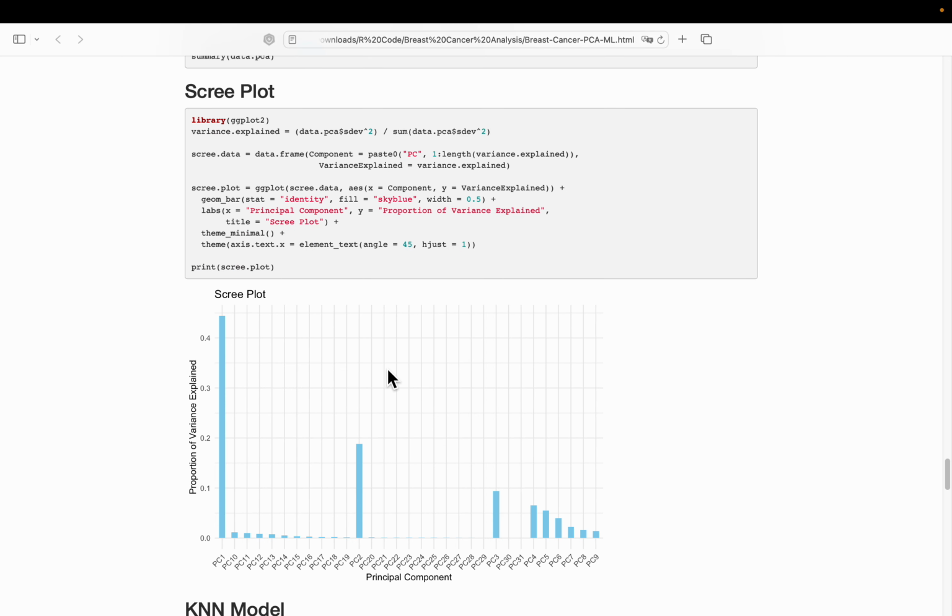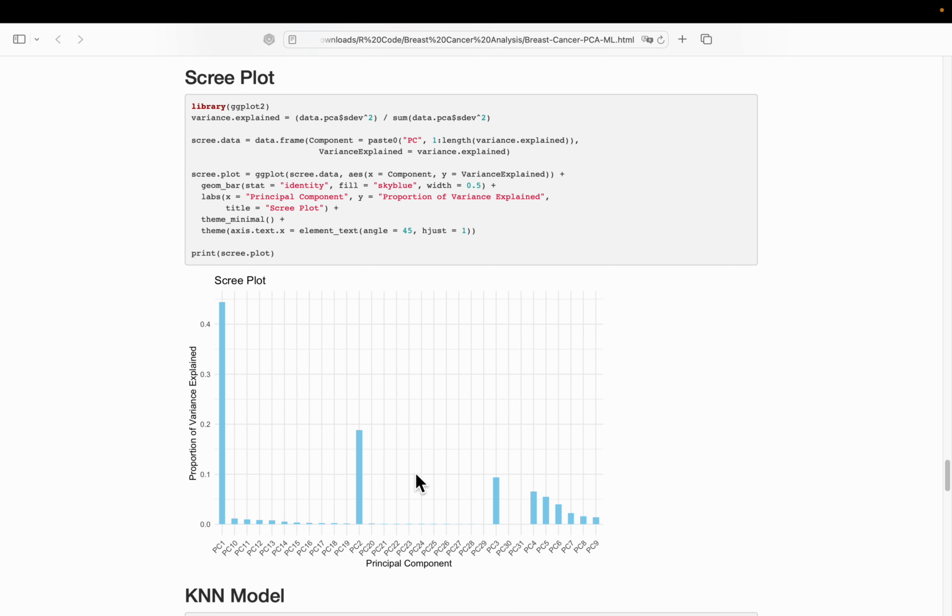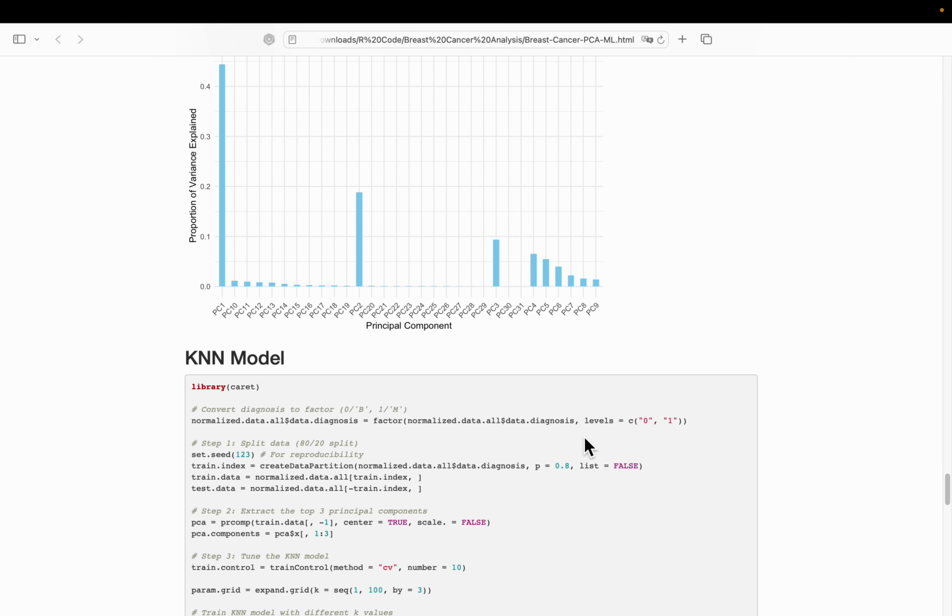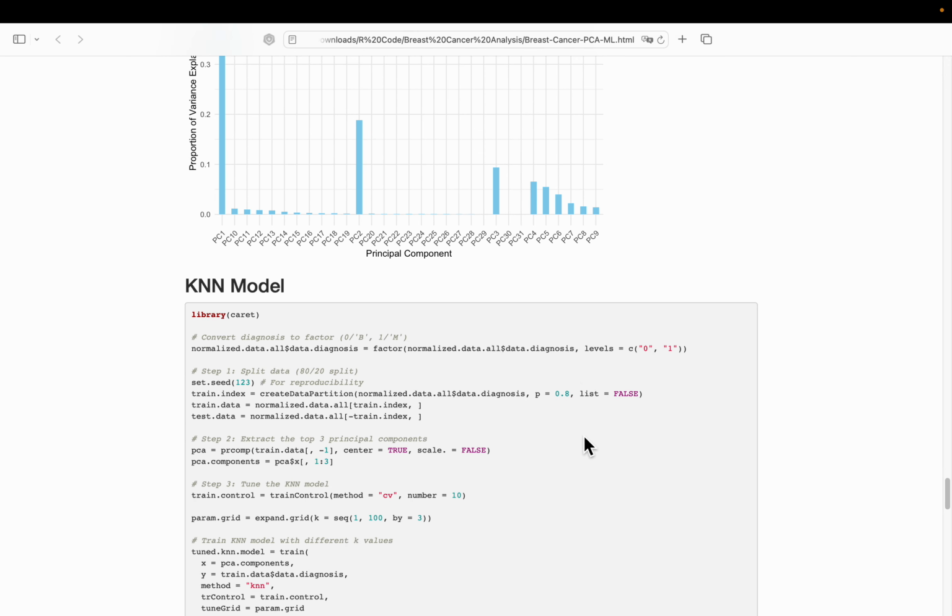So our scree plot shows that PC1, PC2, and PC3 are our highest values. PC4, 5, 6, 7, 8, 9 are also very, very important. So going forward, or I guess without visualization in mind, we could choose PC1 through 9 to create our model. But getting into it, we want to convert our data from numerical to categorical. So we factor it, and